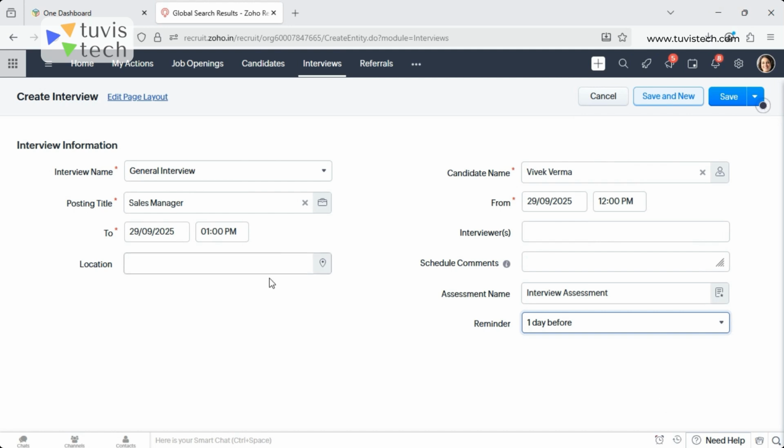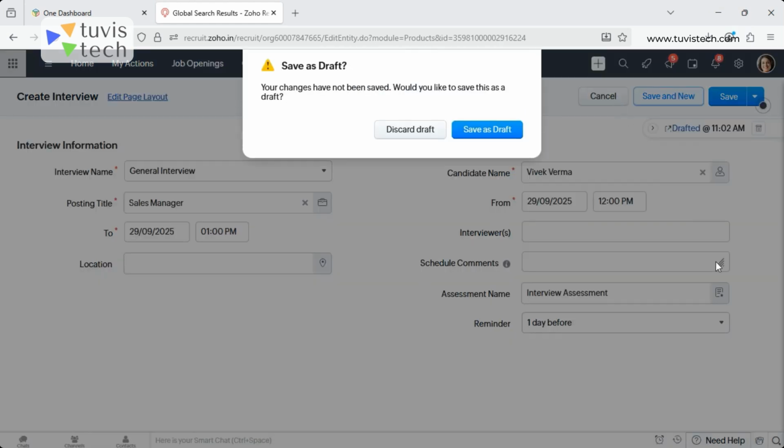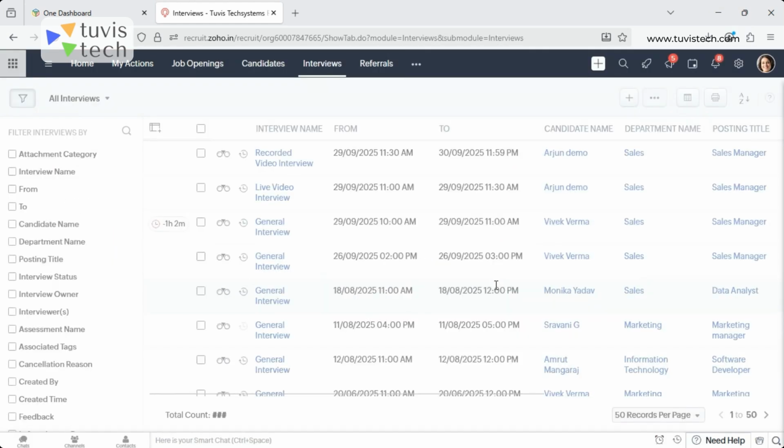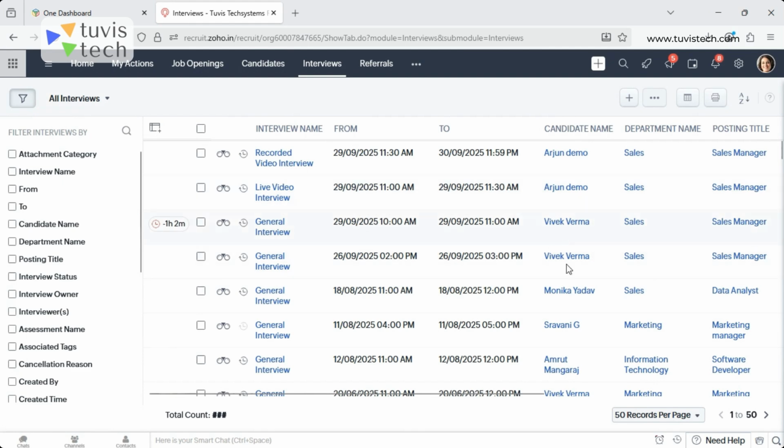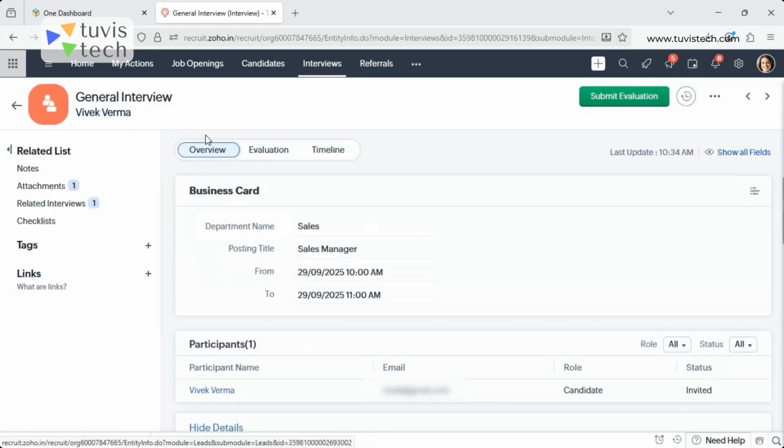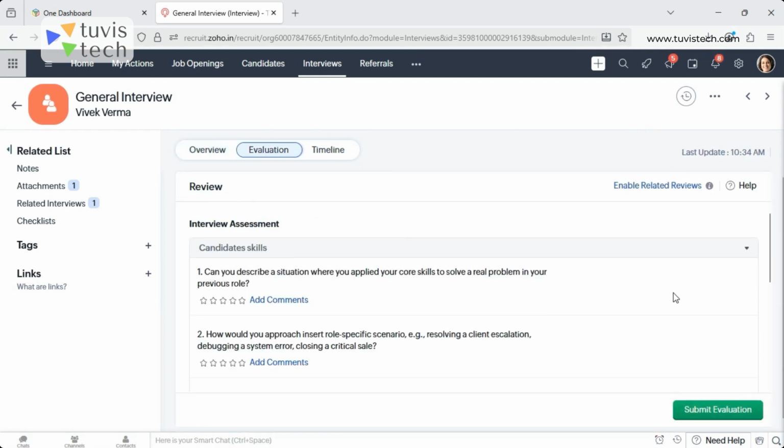So after filling up the necessary details, you can click on save to create a formal interview. Once the interview has been created inside Zoho Recruit, a formal interview will look like this. It will be recorded inside the system here. And once the interview has happened or started, the interviewers can click on this interview created and can submit the evaluation by clicking on this submit evaluation option here,